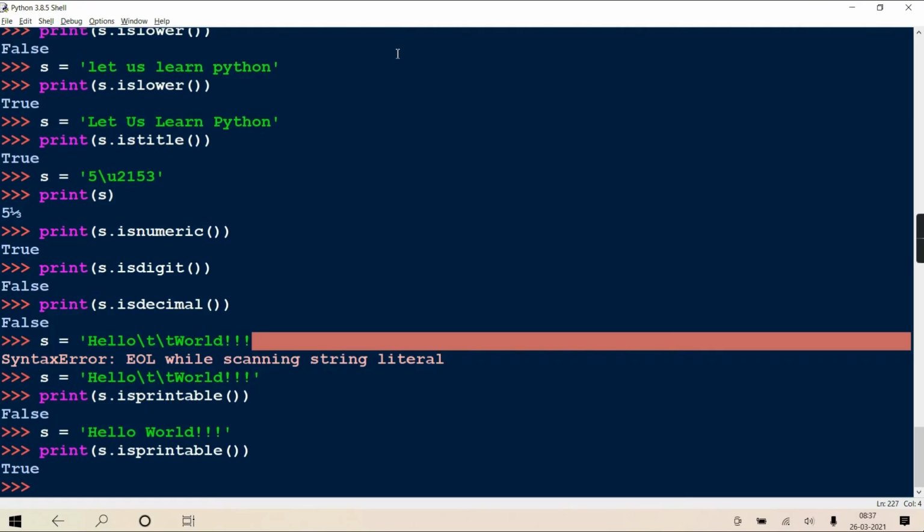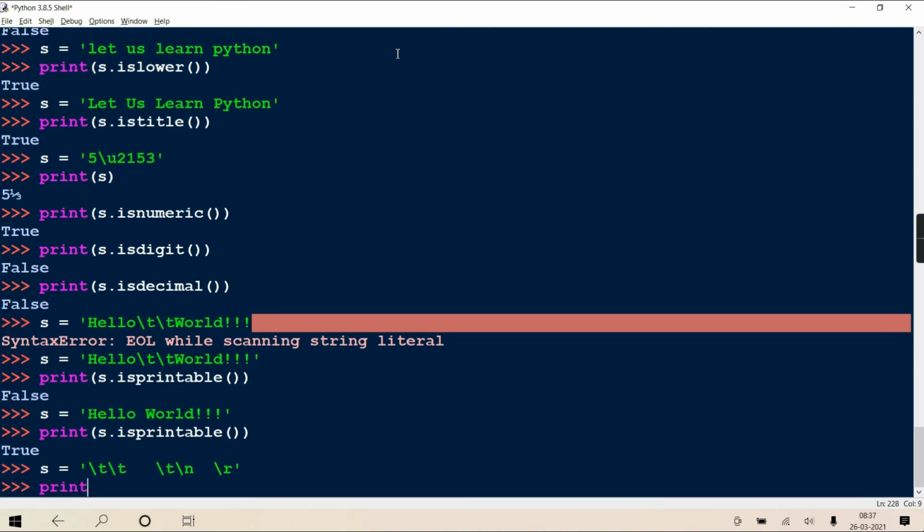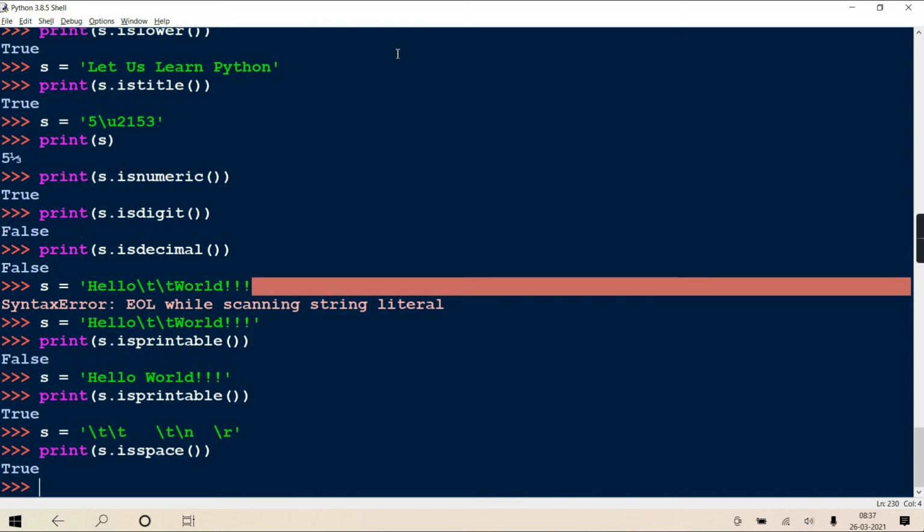See, s is equal to, and here I'm writing tab, then some spaces, then again a tab, then a new line, space, again tab, or carriage return. And I'm checking s dot is space. It will give true because each and every character in the string is a space character.